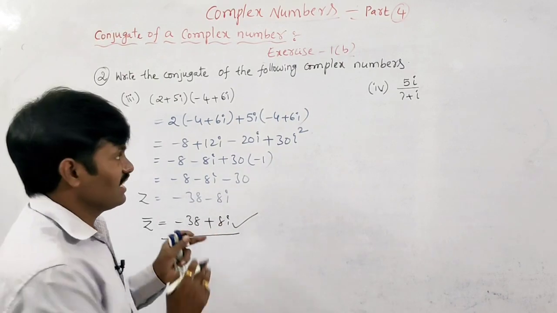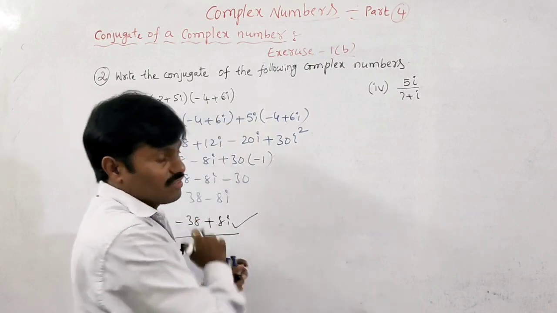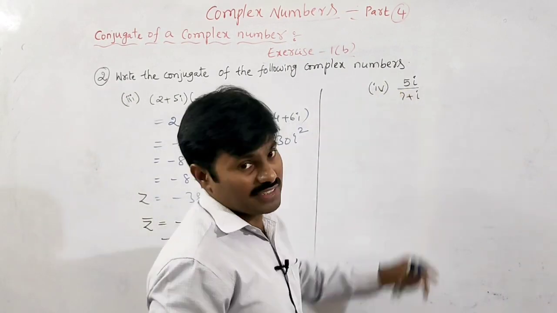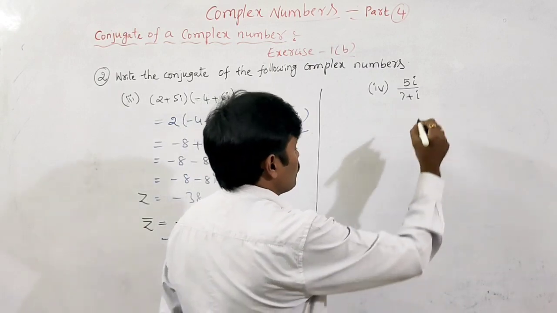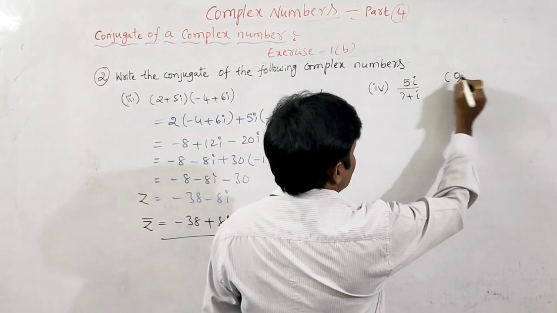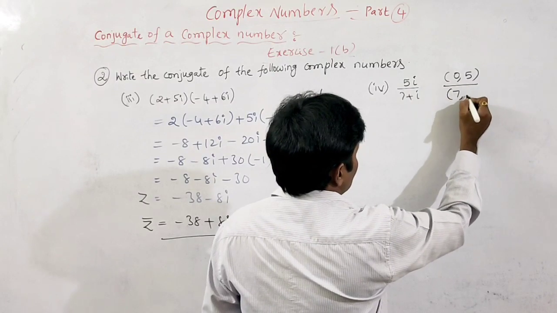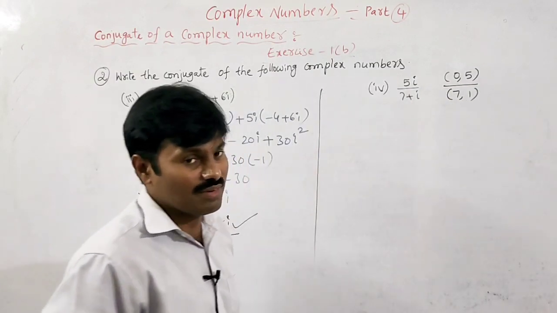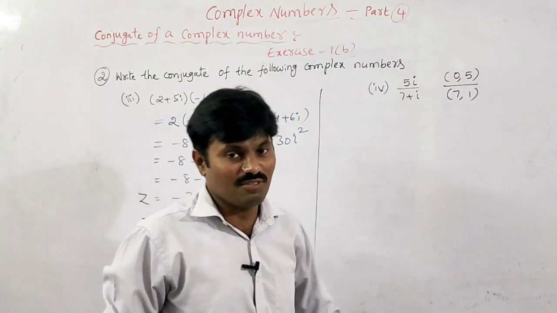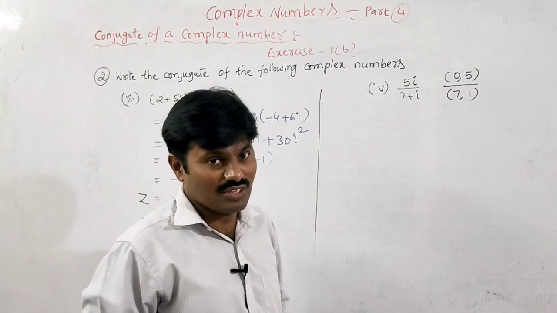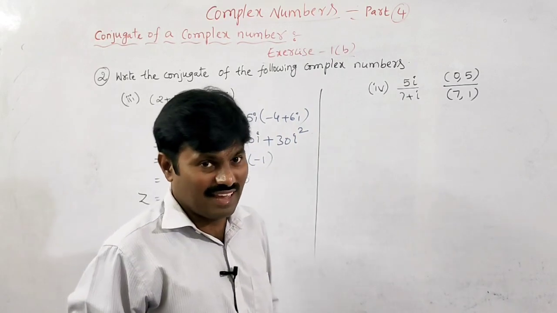Okay, finished. In the same way, when they are given in product form, we get it like this. Even in the division of two complex numbers z1 by z2, if you want to write in ordered pair, here the real part is 0 and the imaginary part is 5, and here the real part is 7 and the imaginary part is 1. So z1 by z2 is (0, 5) by (7, 1), and we know the formula based on that. But here, by using the concept, we can simplify like this.